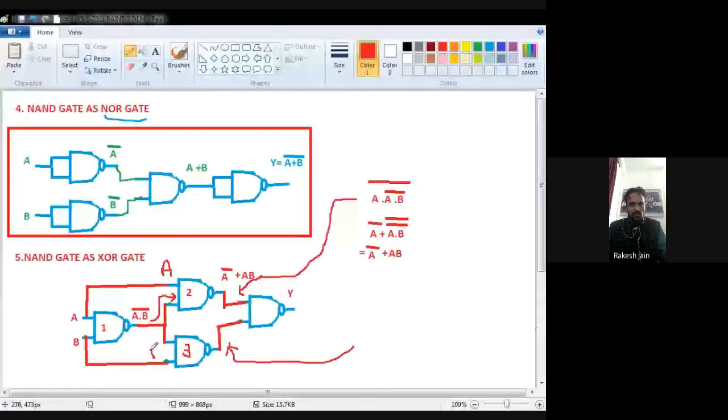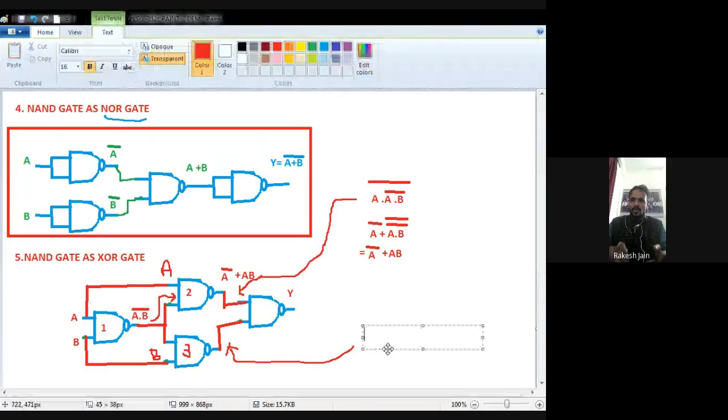Similar to this, there are two inputs of this NAND gate. So the first input is B. Let's consider B as the first input, no problem. One input is B. Don't consider that the upper one is first and the lower one is second. Anyone you can say first or second. One input and second input.